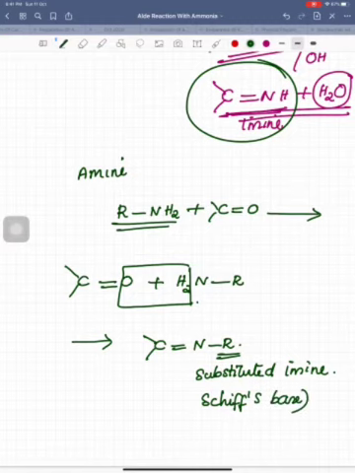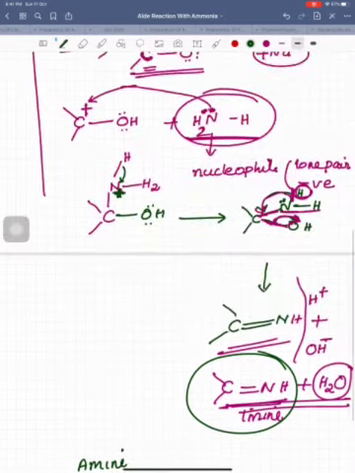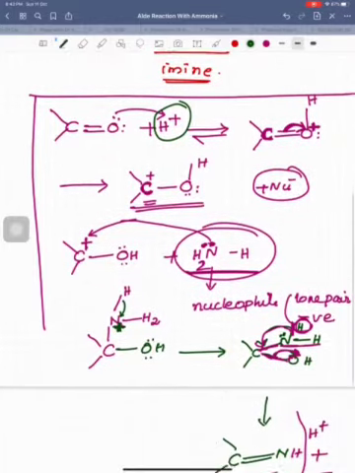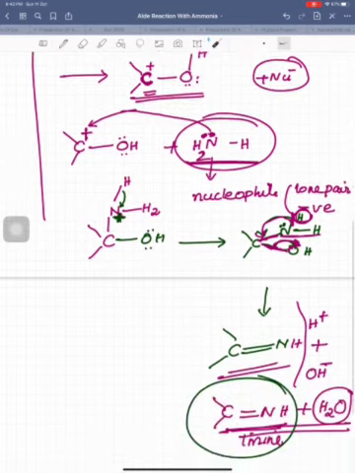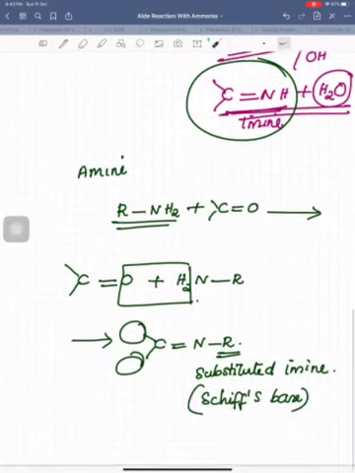When all the points are correct here, we can say that it is Schiff's base. Okay. We already said about that. Nucleophilic addition reactions in the case of ammonia and ammonia derivatives actually happen in the presence of an acid catalyst, and this equilibrium favors the product formation. You can see that it favors product formation due to the rapid dehydration, the elimination of water. Due to that only, the product formation is happening. So I explained two reactions here.